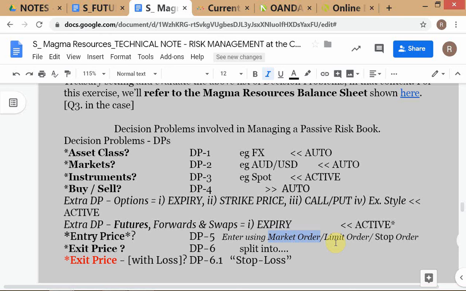So hedge transaction, what will be the hedge transaction in this case? Sell. Okay? Is this clear to everyone? In this case, so